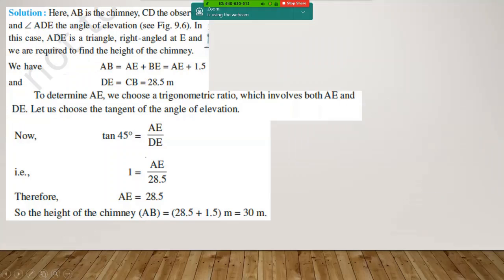See, this is how you have to analyze, and the diagram should be very perfect. Here the diagram has been given, so it's easier for you. But most of the times the diagram will not be given. So you have to understand the practical situation. That's why I always say, think of maths. When you're reading a question, try to understand the story behind it, always.